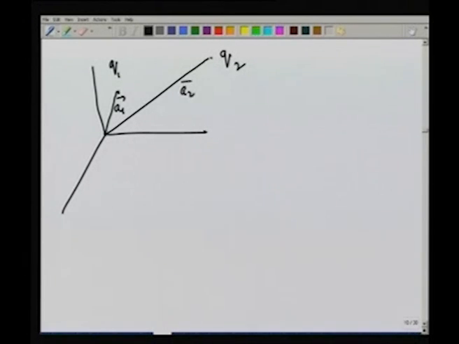So what I have is the following geometric situation. I have a charge q1 here, and I have a charge q2 here, and let us say the location of this charge is given by the radius vector a1, and this is given by the radius vector a2. These are 2 fixed charges, and you give me an arbitrary point P with a coordinate r, and I am interested in asking the question, what is phi of r? So this, you see, is a pretty simple problem. I don't have to do much about that. All that I have to do is to add this and add this.